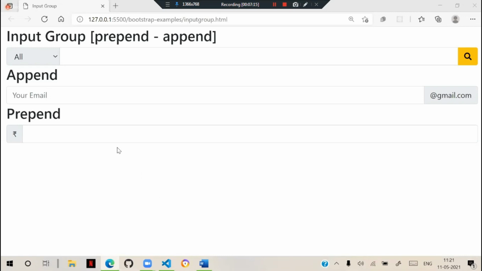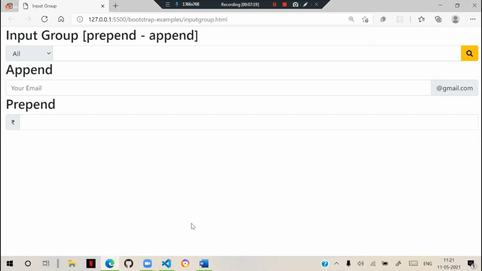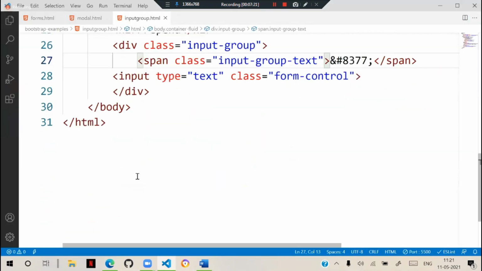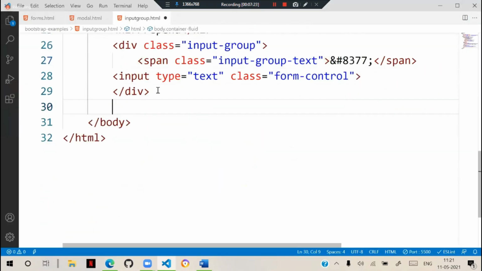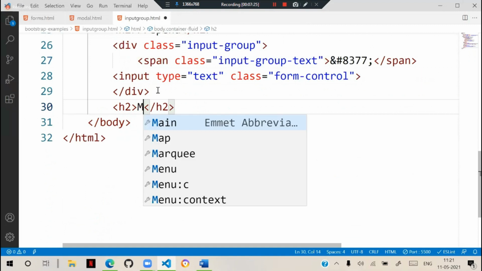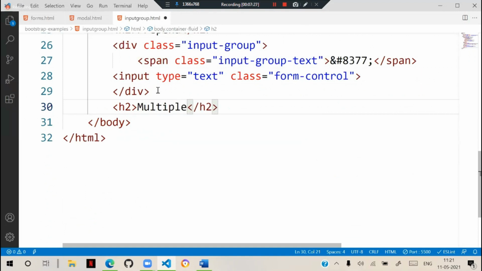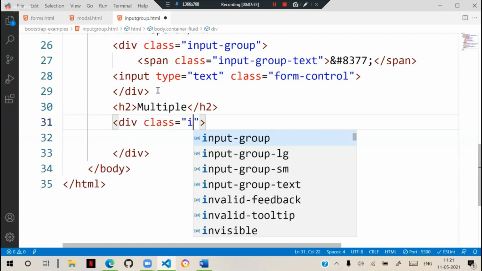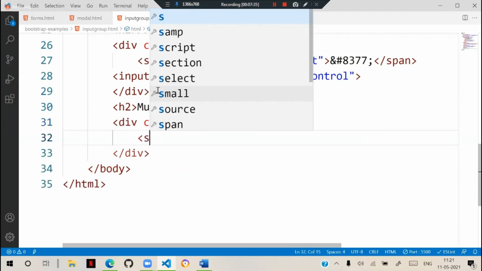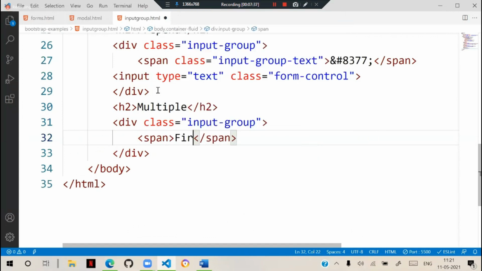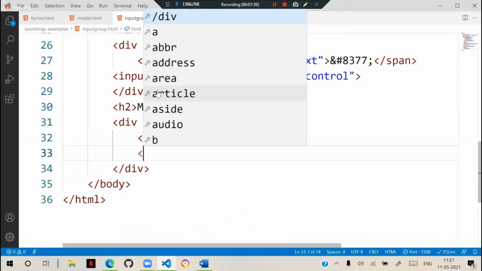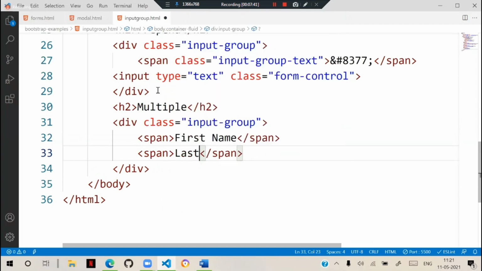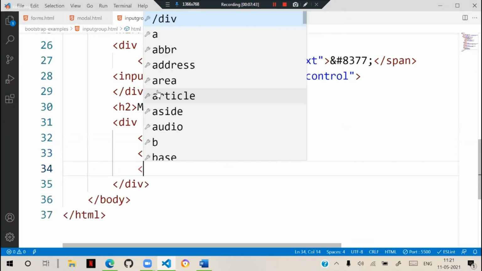That means multiple prepends means you can have like this, multiple prepend, multiple append. That's nothing but we just define a span. First we keep a div and we put a class as input-group, and here we put a span. This is like first name, and another span, this is like last name, and here we have a text.